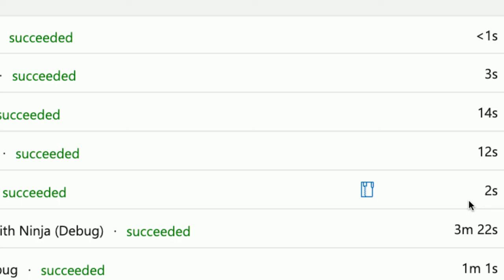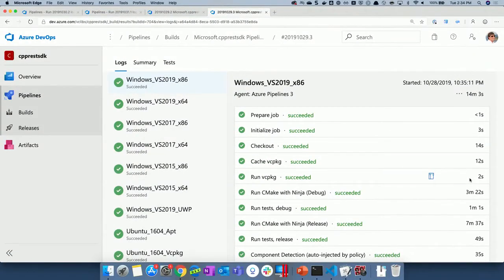So it may not be useful for NPM or NuGet necessarily, but it's really useful for when you need to do something like this. So another option that's available to speed some things up. Yeah, it turns out that computers in Azure data centers have a lot of bandwidth available to them.